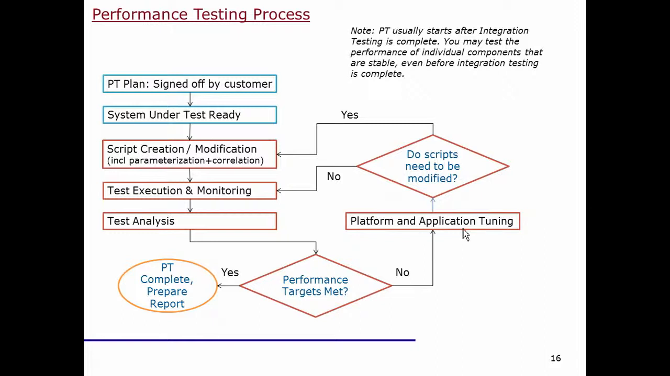You would typically have a team, which we will talk about in a couple of slides. With performance platform and application tuning, it may require scripts to be modified because the application might have undergone change. If there's no modification in scripts, you go back to execution. If there's modification, then go about modifying the scripts, and then again go through the cycle of scripting, execution, and